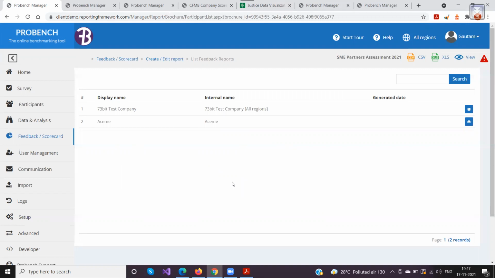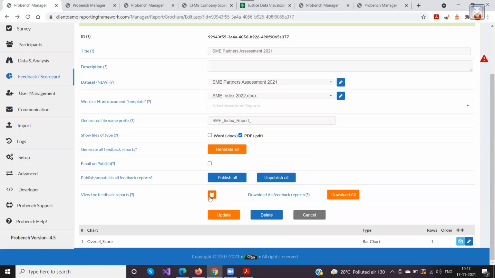So it's very important, before you actually generate all, to click on this and see that. Now that I have verified that the number of companies and the companies shown are okay to me, I'll click on generate all.